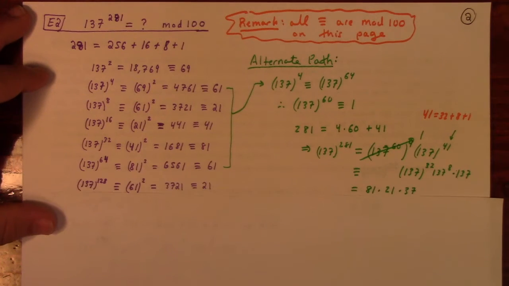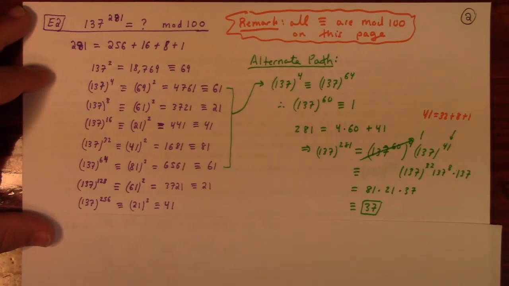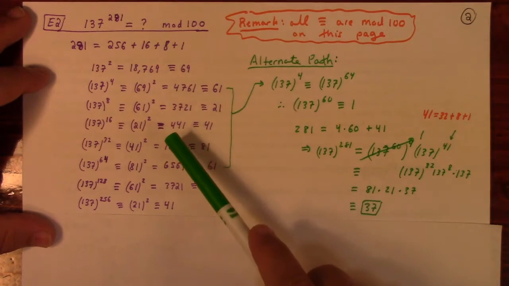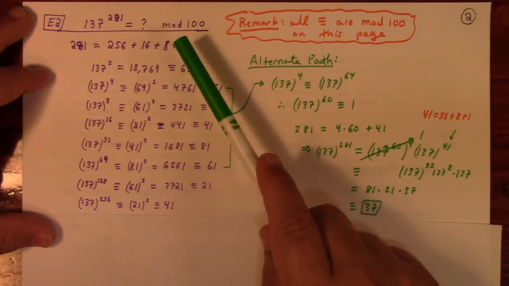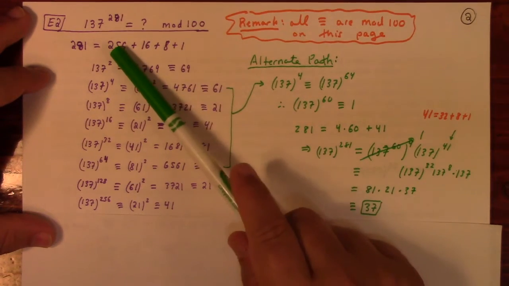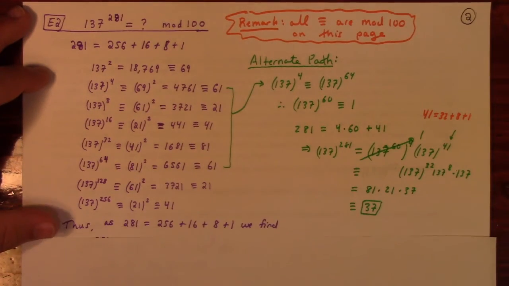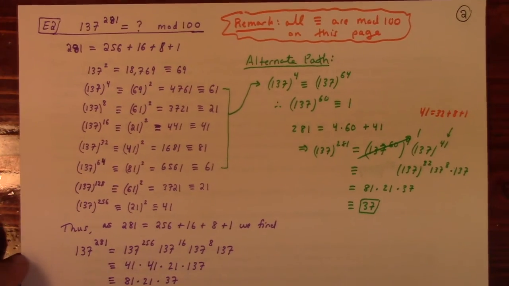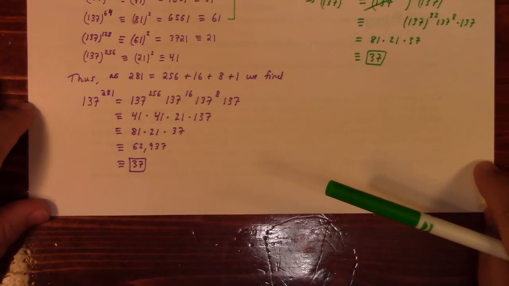There's two different paths I could go down here. The 128th power is congruent to 21, the 256th power is congruent to 41. So there we go. I've got all my powers of 2, ranging from the 8th power all the way up to the 256th power. And so we find, let me scooch this up here a bit, that